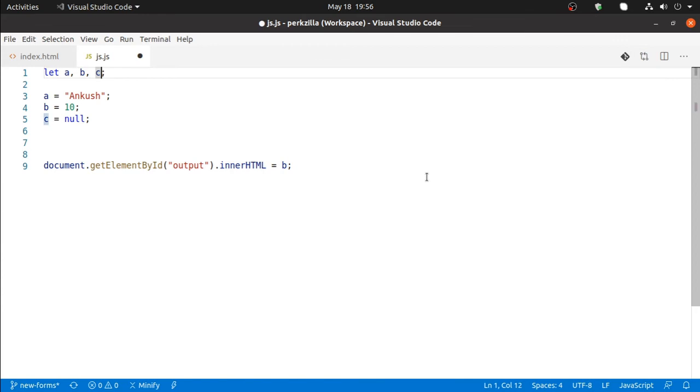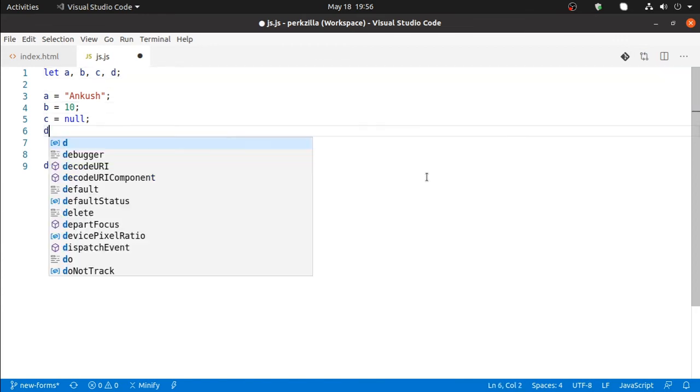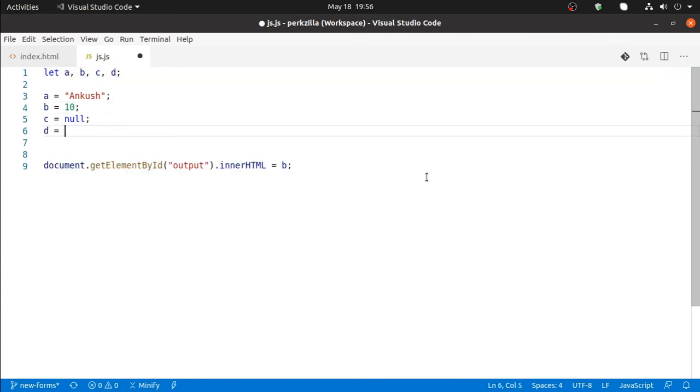Take few more variables. D is equal to object. I am declaring an object. This is a JSON object. So I am going to tell you about JSON. It's a very simple thing, but for now you understand that the JSON objects can be taken into these curly brackets.